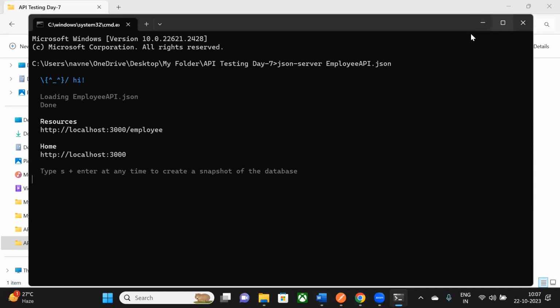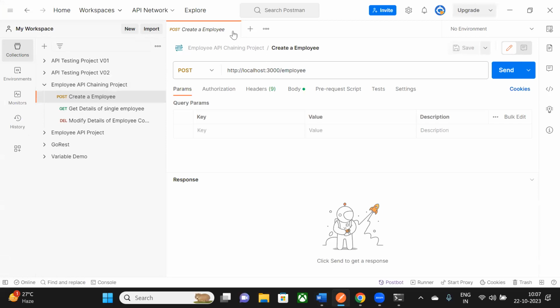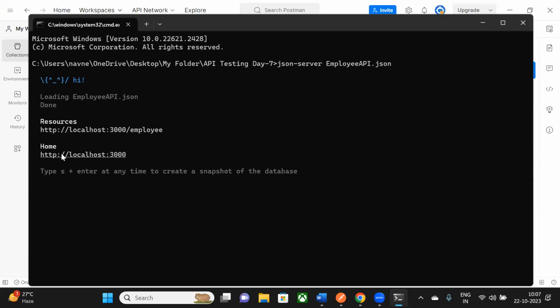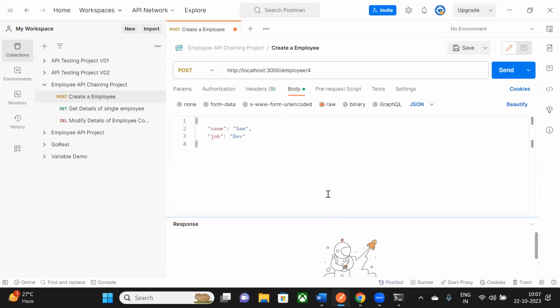Okay, so now the API is up, and let's see. Okay, now the API is running. Yes, and now we will create a particular employee. So this is the URL, and let's see what body we can pass. Let's say I pass over here test day as a name, and job as job demo. Okay. So when we fire this,